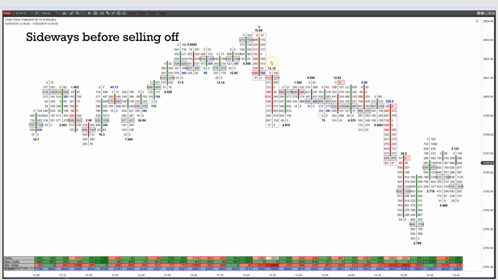You hit your sign up here. You got your high, got the strong negative delta. Maybe you're not convinced. Look at the imbalances in there. 1, 2, 3. Look at this in here. Volume, slam. Sellers are triggered. They're thinking, hey, who bought this market up so high? And then they start selling it down. You've got the imbalances in there. Strong negative delta, 3,000. Volume doubled, 11,000. And it just sort of goes sideways before continuing back on down.